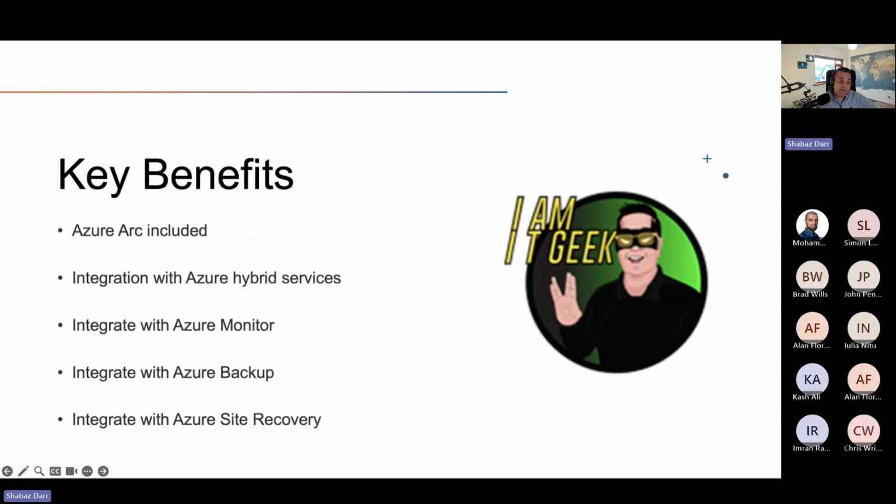Let's talk about some of the key benefits of Azure Stack HCI. With Azure Stack HCI clusters, the Azure Arc agent is included as part of the cluster node's operating system, so you don't need to install it. You activate it by registering the Azure Stack HCI cluster with Azure Arc, which automatically enables Azure-based monitoring, support, and billing. Azure Arc enables you to leverage Azure Resource Manager functionality to manage and maintain Azure Stack HCI clusters, and that includes classifying all organizational resources by using Azure management groups, subscriptions, resource groups and tags,